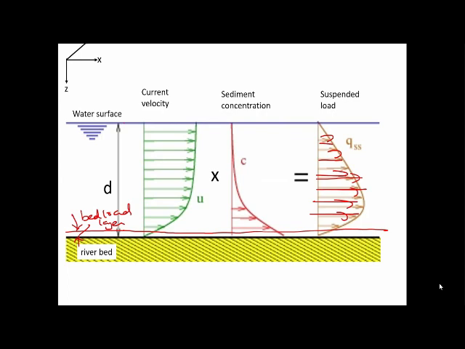mechanisms of this sediment transport. So the suspended load ni, your Qss ni is dependent on this shear stress, dependent on the fall velocity, and also dependent on this term, this eta. This one is actually the AD